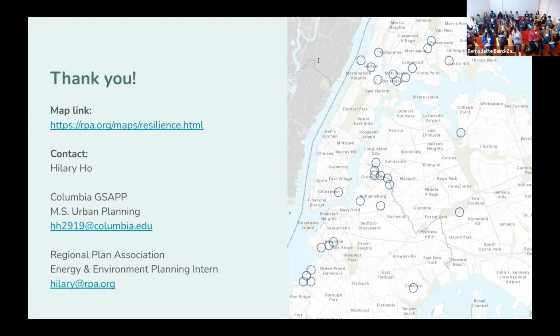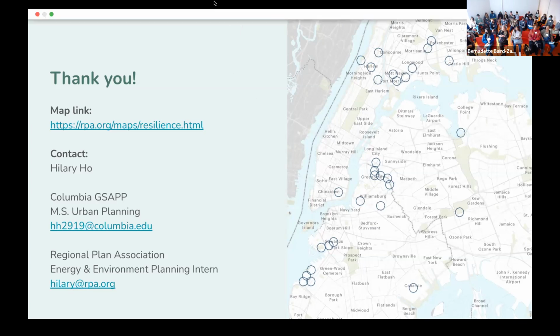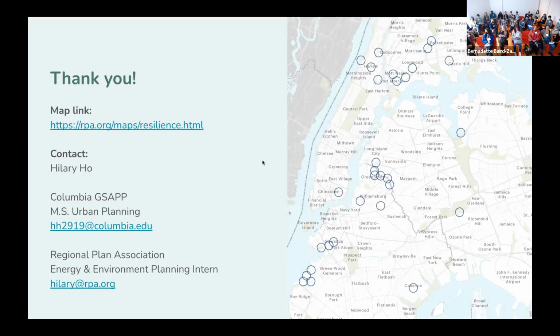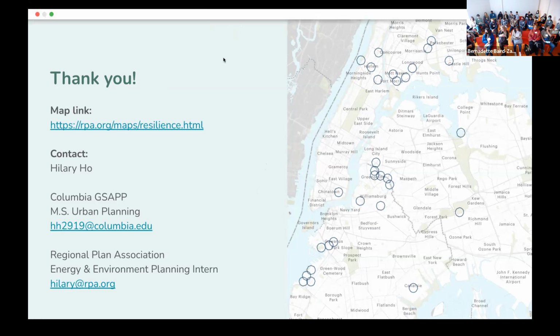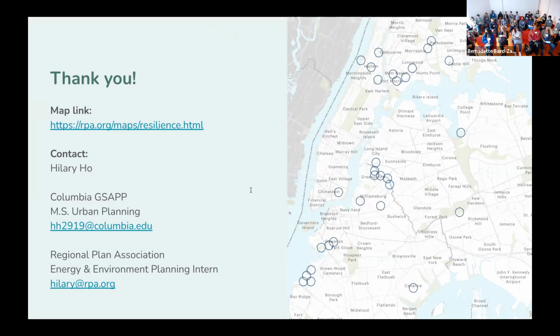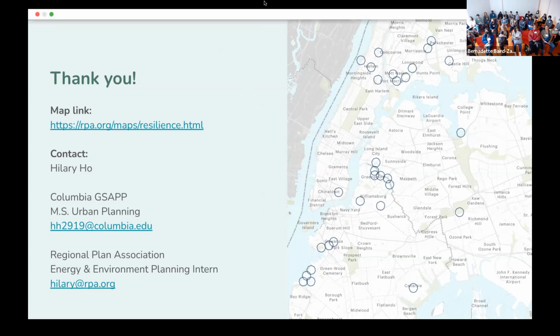So all those additional layers are data that exists out there that city agencies themselves use to inform their own planning around infrastructure. I'm not sure if the mapping tool will be used to calculate things like that. I think it's more for community-based groups to use it how they want to use it. But if you know of any other open data or city agency data that should be added to this map, we want to have that up there as additional information and context.